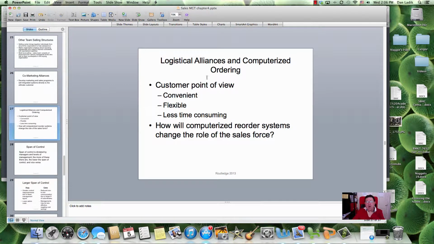We are seeing more technological advances, particularly with better CRM systems. Logistics is helping. Computerized order systems are helping. They are convenient. What the book doesn't say that much here, though, is that these are often better for existing clients and not for the first-time sale or getting a customer to become a client.